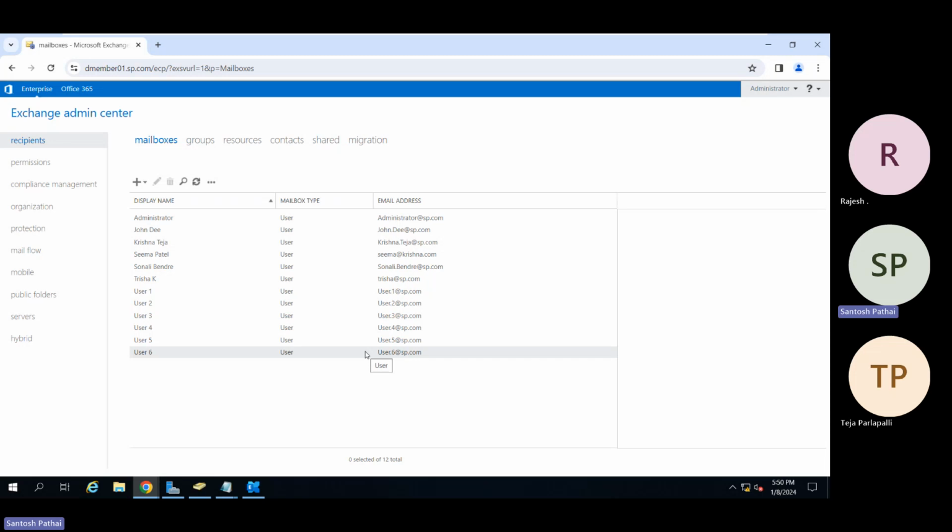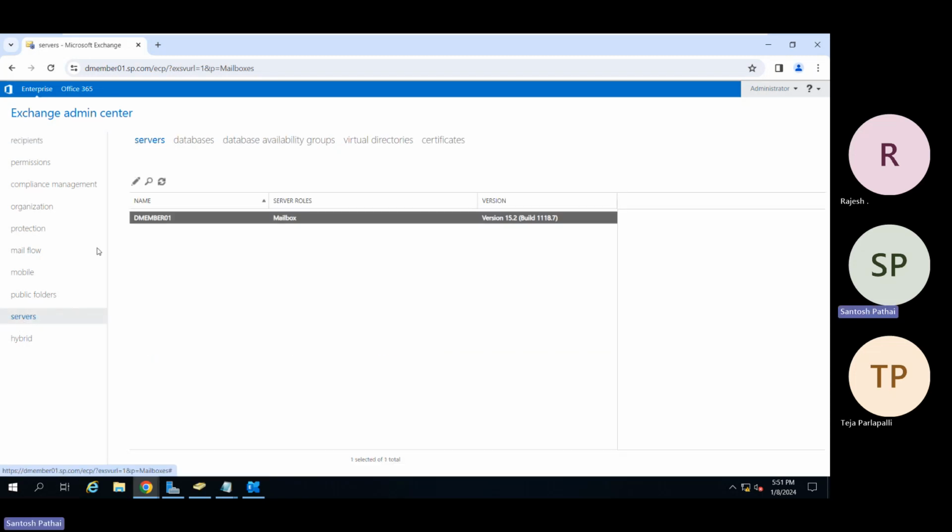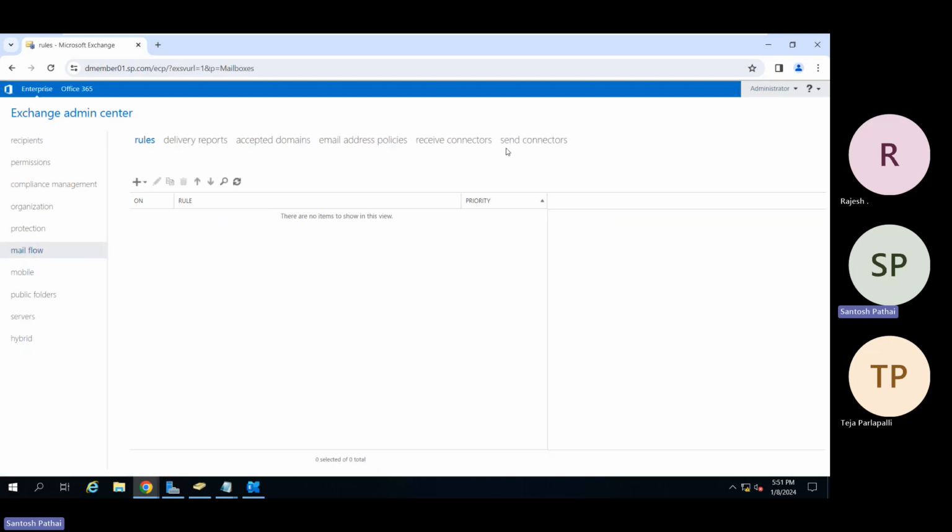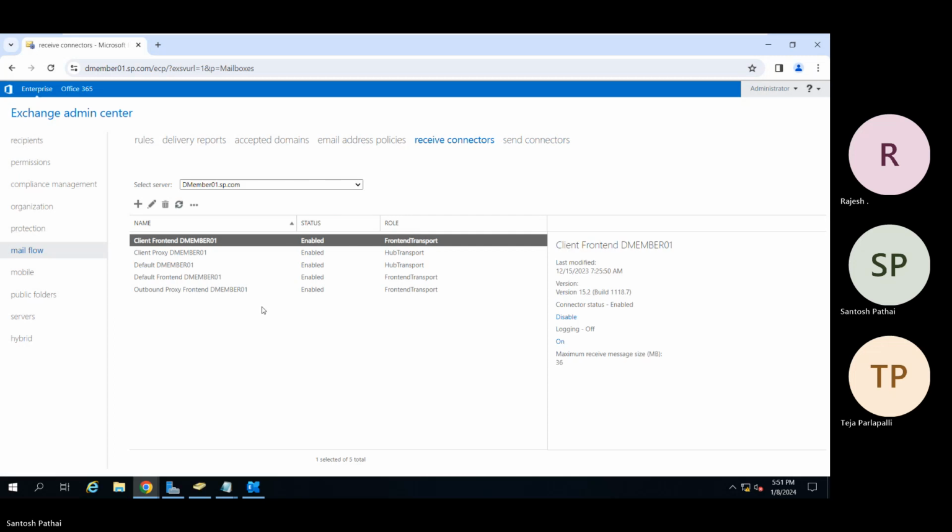Now we have not configured any send connectors at present. So if we go to mail flow and the send connector, we have not configured any send connectors here, right? We have receive connectors. So these are configured at two levels, at your transport rule level or at your receive and send connectors. If I go to the organization's transport settings,